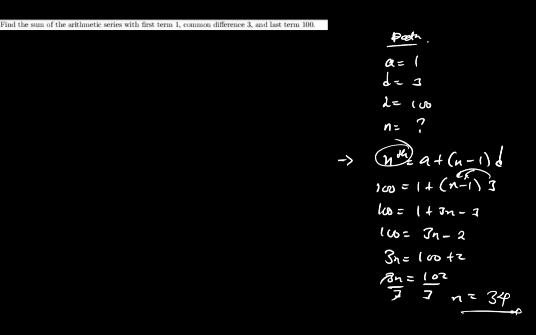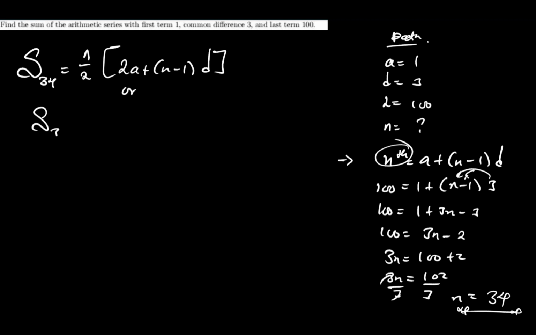Which tells us that 100 is at term 34, which tells us that the value of n is basically 34. So we can say that the sum of the first 34 terms is equal to, now we can use two formulas. We can say n over 2, then 2a plus n minus 1, then d, or the sum of the first 34 terms is equivalent to